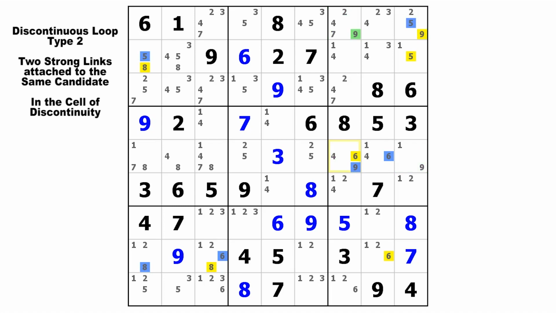So here's the chain on the 5s. Okay? Now here's the mini chain on the 8s. And then here's the mini chain on the 6s. Right? And then we put it all together with the 2 strong links coming off our 9 in row 1,